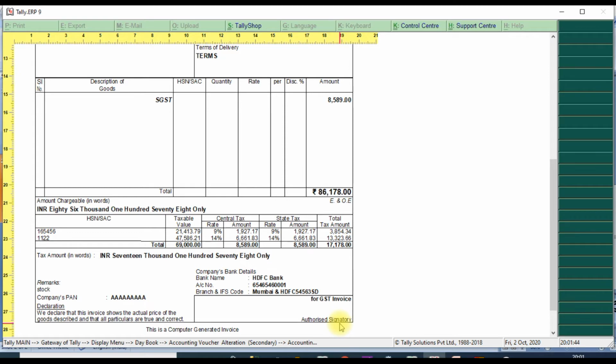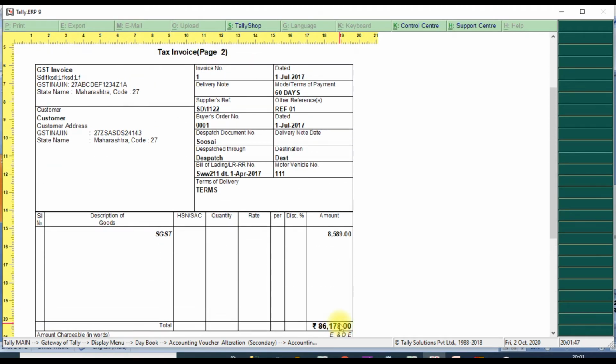This is the Tally default format. It will show this format.